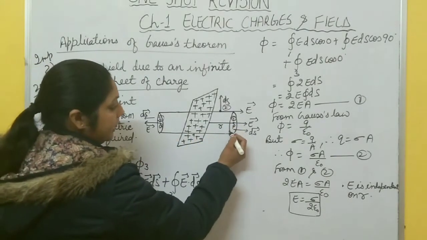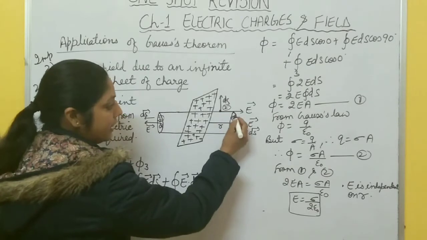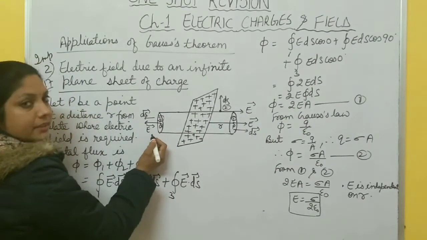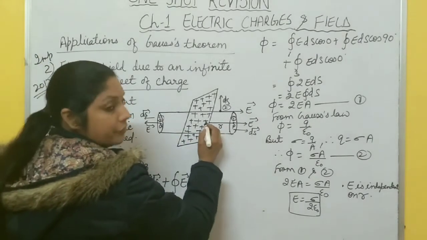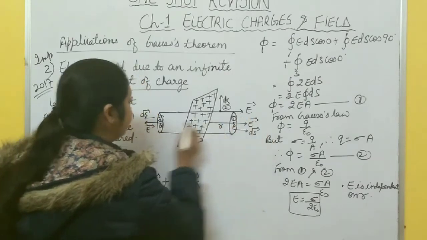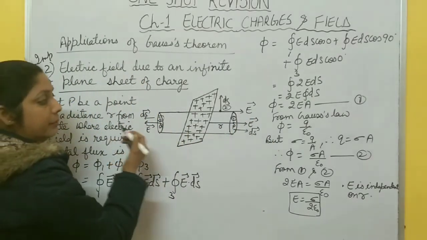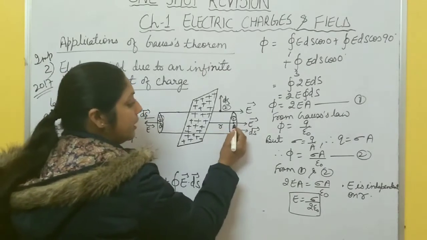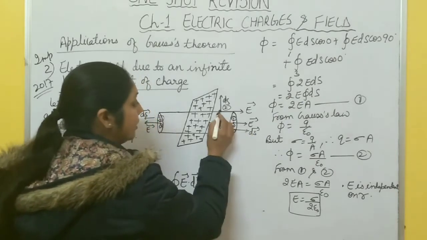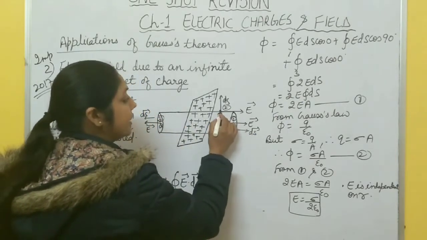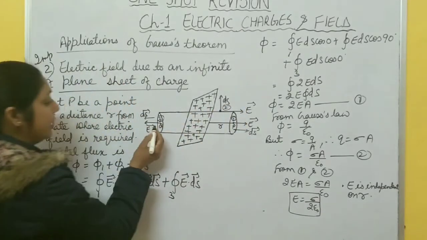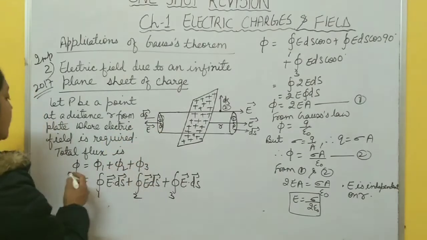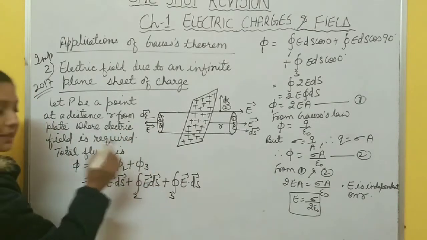Again, there are three surfaces: the curved surface, this one, and this one on this side, the first surface, and here is another surface, right? Now, the electric field is away from the positive side, so the direction of the electric field is this side, and from this side also this side. Suppose at a distance r, you have to calculate the electric field. Here the area vector is along E. On the lateral surface, the area vector is upward and the electric field is this side. And again at the third surface, the electric field is this side and the area vector is also this side. So the total flux is phi1 plus phi2 plus phi3.